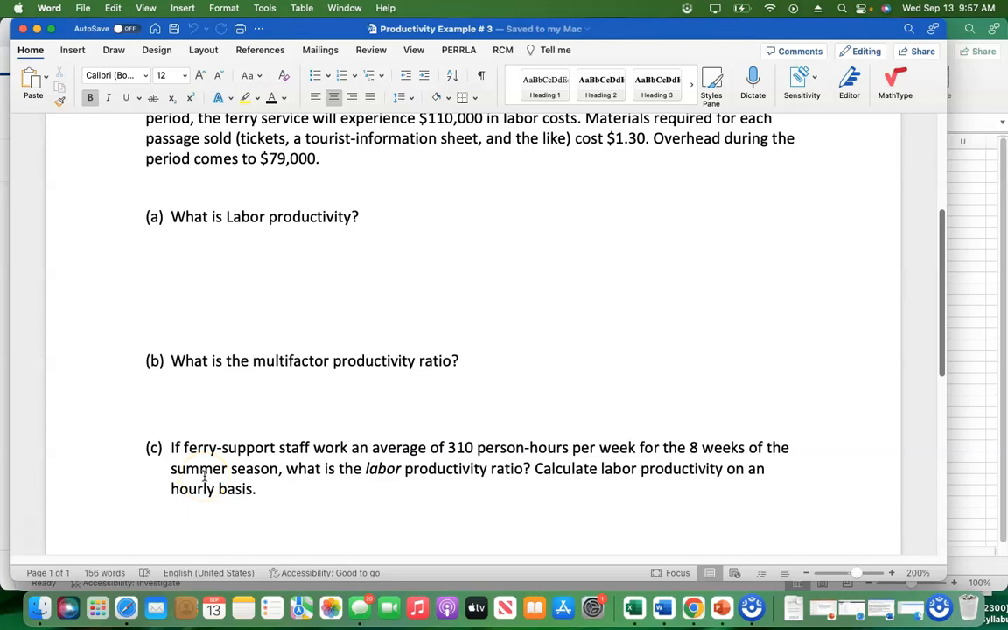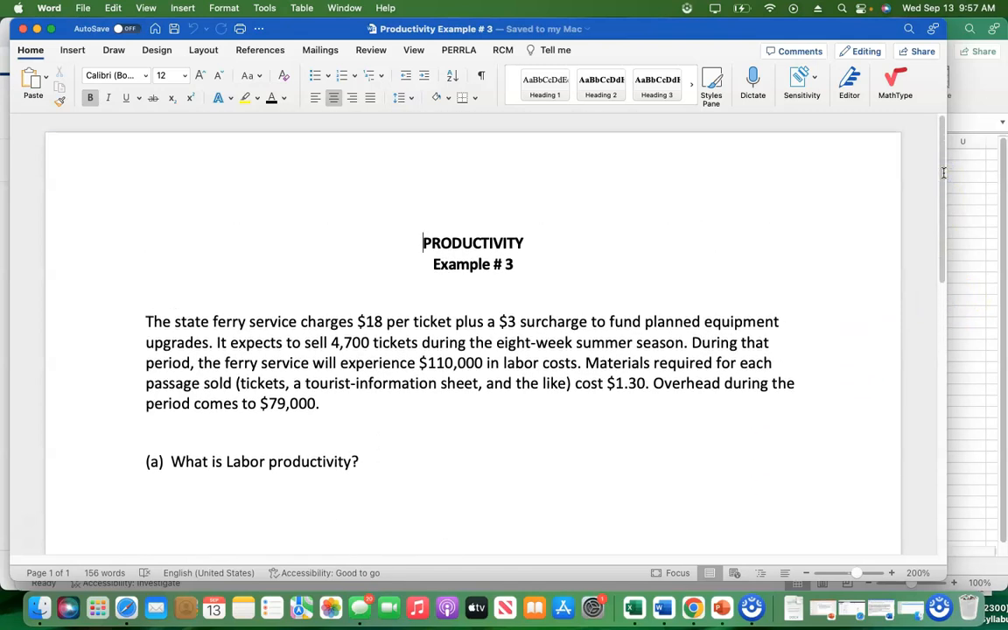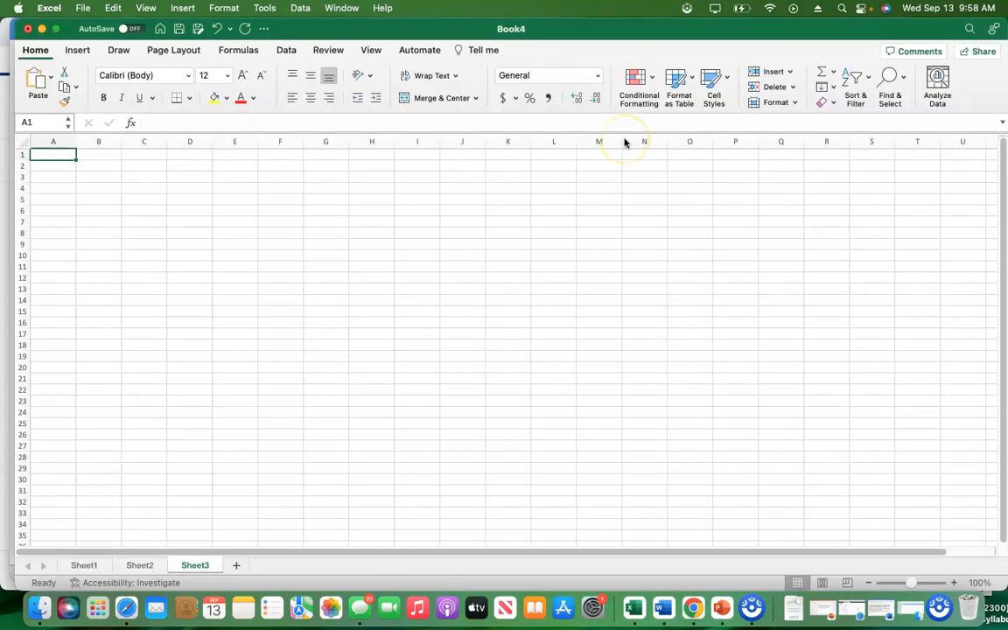additional information which says if ferry support staff work on average of 310 person hours per week for the 8 weeks of the summer session, what is the labor productivity ratio? And so we are supposed to calculate labor productivity on an hourly basis. So to answer this question, we're going to develop the model exactly the way we did in example 1 and example 2. So we're going to use Excel to develop the model, and